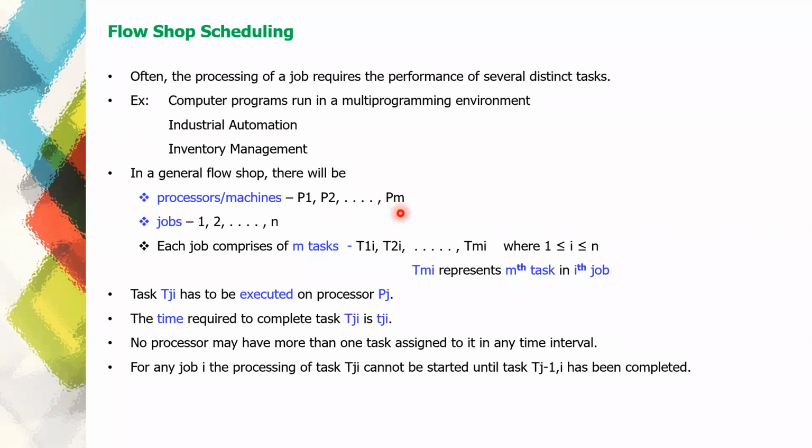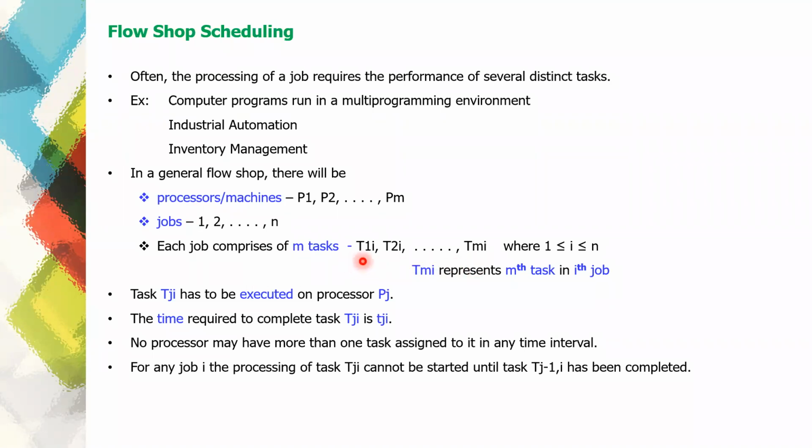On these processors, n number of jobs have to be executed: job number 1, job number 2 and so on up to job number n, and these jobs have to be executed on the given processors. Now each job is not a single unit, but it comprises a set of operations which are called tasks. Each job comprises a set of operations. Assuming that each job comprises m tasks, which are represented as T1i, T2i and so on up to Tmi,